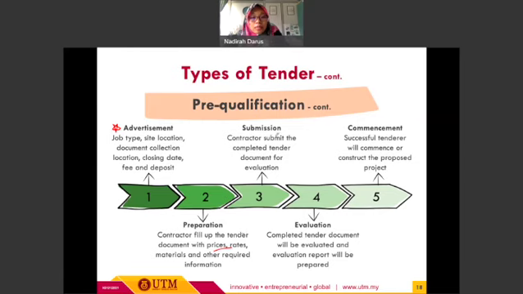So after that, they need to submit the completed tender document, and that completed document will be evaluated for the evaluation report to be prepared. And at the end, the successful tenderer will construct the proposed project. Okay, so overall, this process is quite similar to the open tender. However, it is different in terms of the